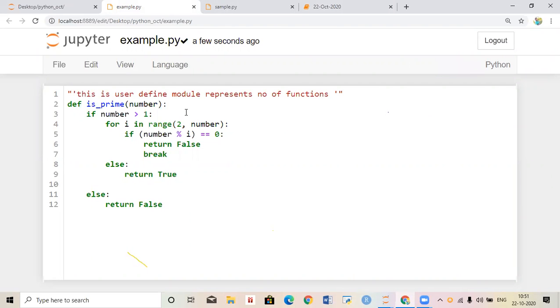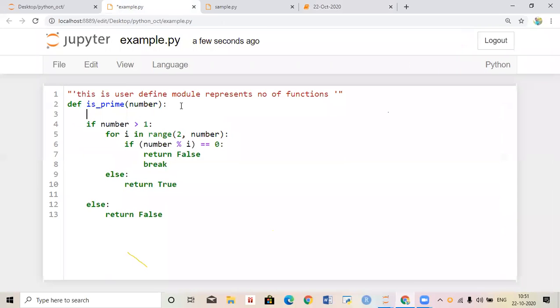Saved. In this I want to write something: this is the prime number check function.